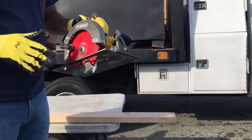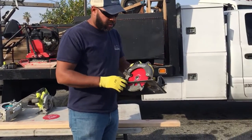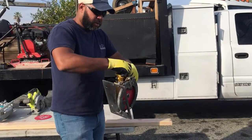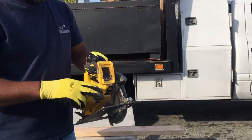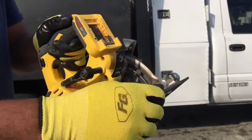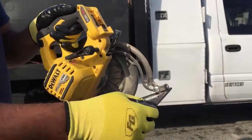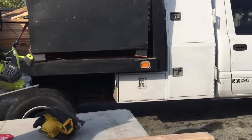And it's a lot safer for your blade. It keeps your blade cooler. It prolongs the life of your blade. So, again, on every saw, it's going to be a little bit different. For the DEWALT, this is how you adjust this. For this RYOBI,